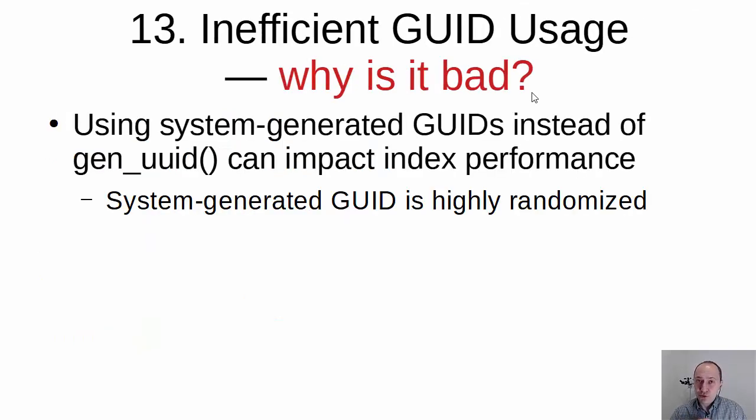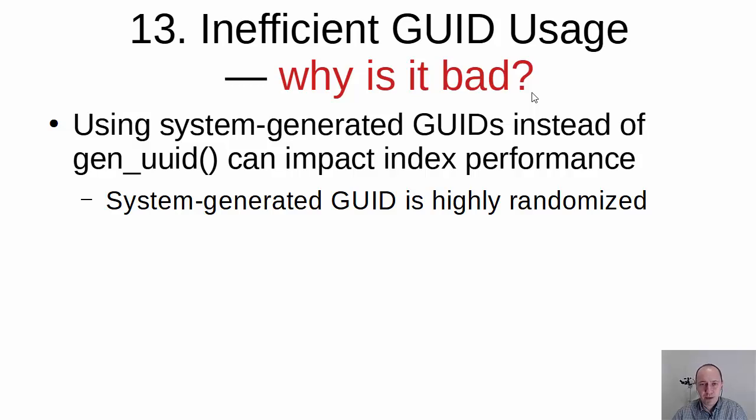And continuing with primary keys, but not actually with keys, using GUID. So GUID some time ago became really popular as a unique identifier, universal unique identifier. And the problem is here: if you are using the system-generated GUID, which the operating system gives you as a result of some API call,